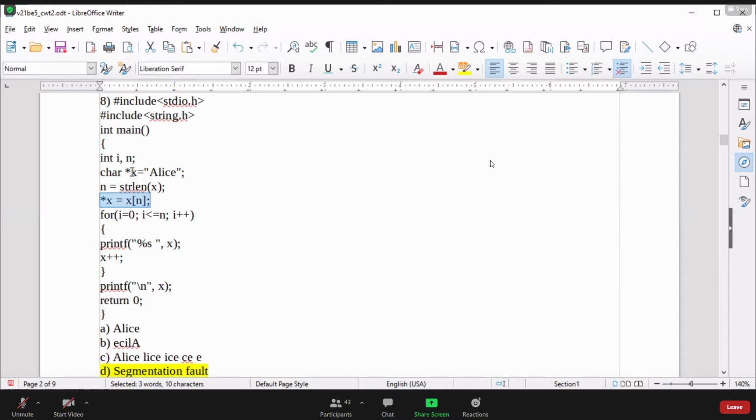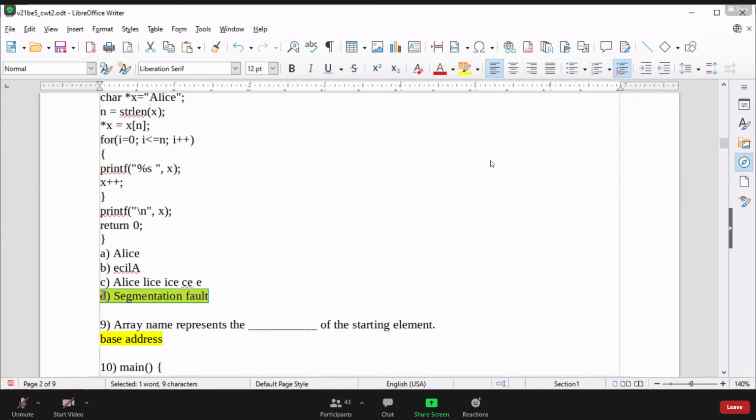I hope you can understand what x represents. x represents the base address of the string, we can say, right? The starting address of the string. When we dereference that x, we will get the first character a, where the pointer is pointing. That a character we are going to replace with some other data, but it is stored in the code section, which we can't modify. That's why the runtime error, segmentation fault.